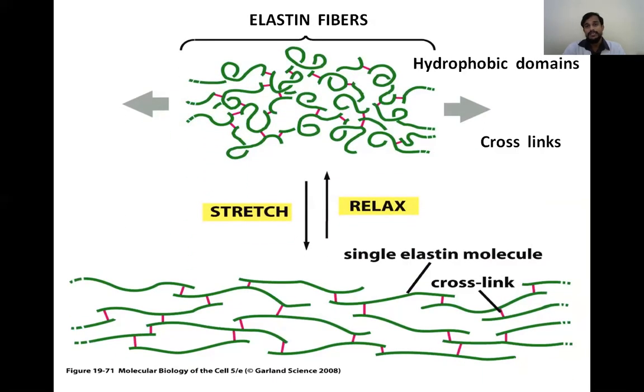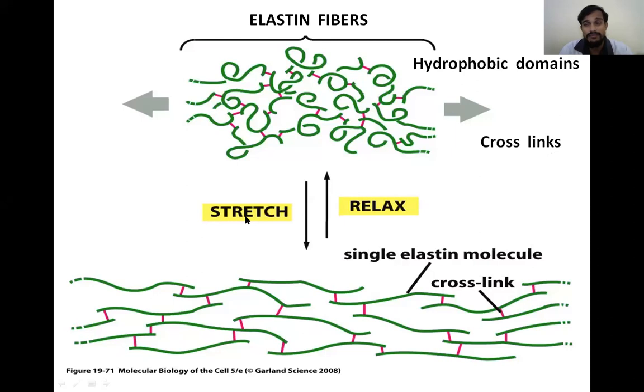And coming to elastin, so elastin fibers is also the second component in the structural proteins. We are seeing the components of the extracellular matrix. In the structural proteins, we had seen the collagen, and now we are seeing the elastin. So elastin, here you can see in the relaxed form, the elastin will be having the cross linkages and also the hydrophobic domains. You know what is hydrophobic domains? The bonds which are formed due to hydrophobic part of the molecule. So these are hydrophobic domains. So both the hydrophobic domains and cross linkages are present in the relaxed form in the elastin fibers.